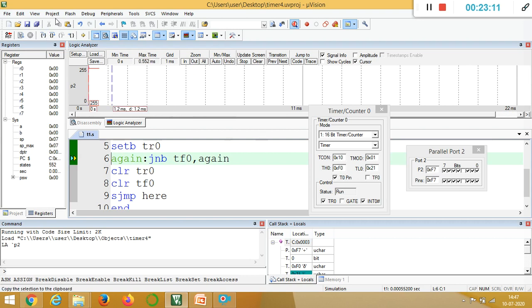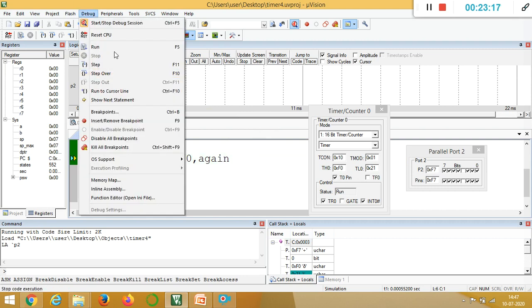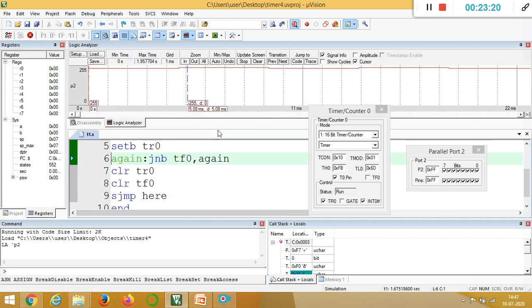So now simultaneously, you can see the waveform here. Directly I go for run because the count is more. Now it is counting fast because I go for the overall execution, that is debug run. You can see the values counting here.